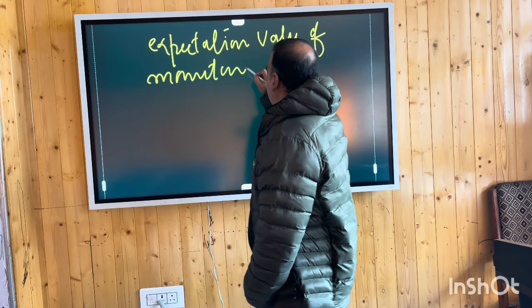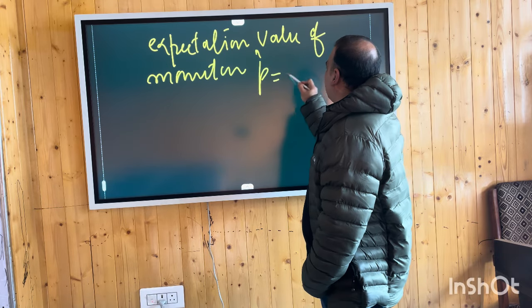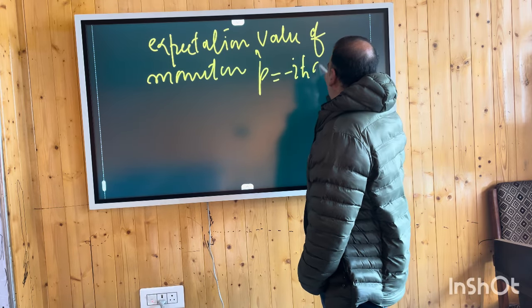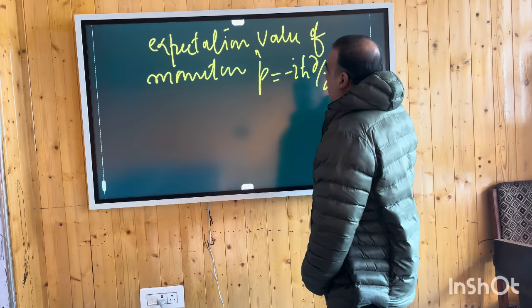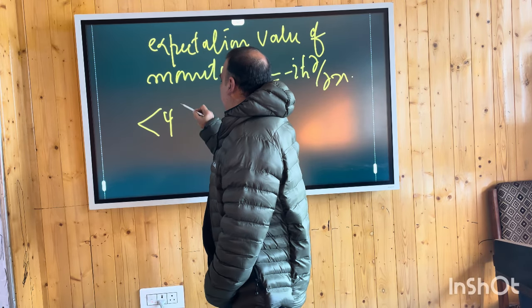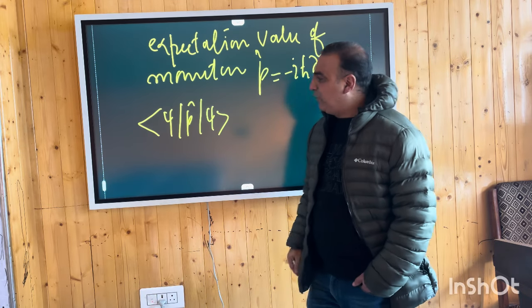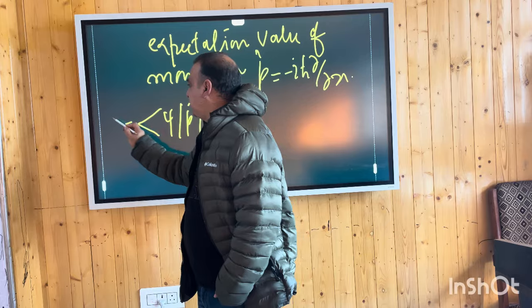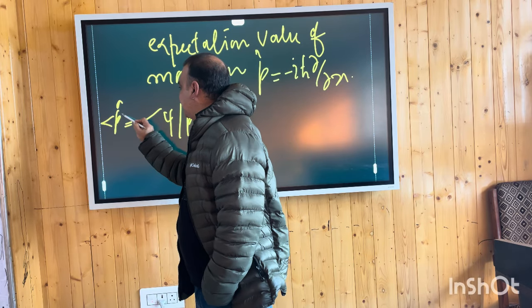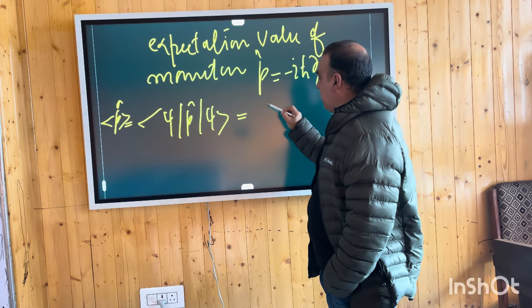Okay. So what is expectation value? What's the operator P? That is minus i h bar dou by dou x. Now, if you want to calculate the expectation value, it will be psi, P, and psi. This is how we can calculate the expectation value of momentum. And we can write this down in integral form. So this is integral